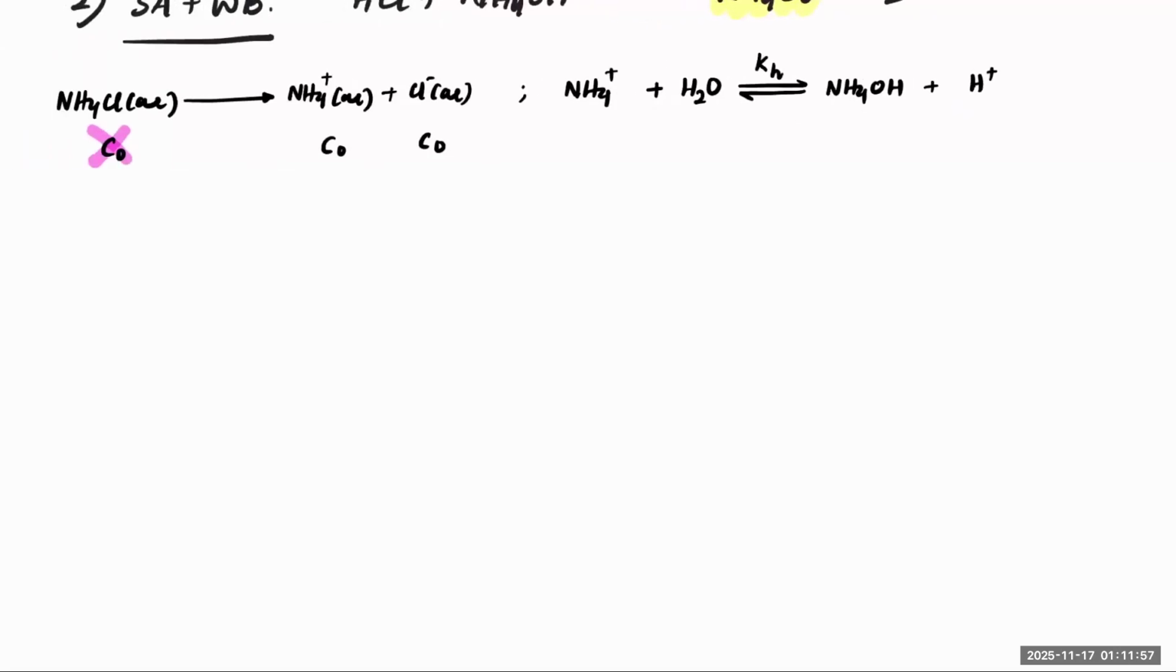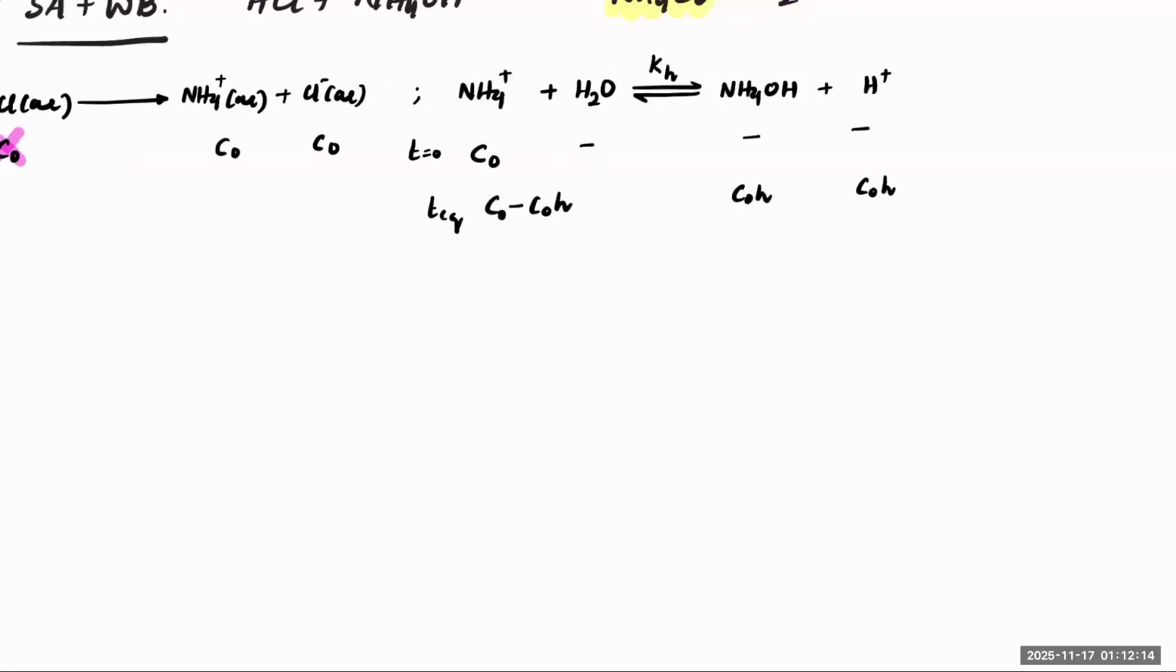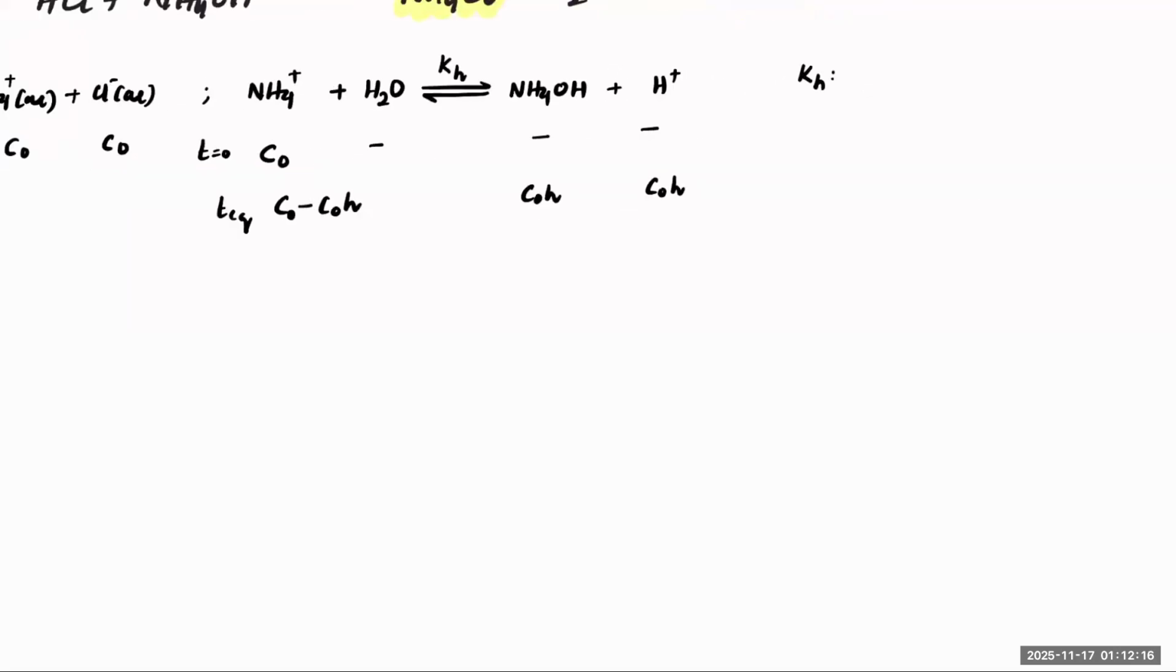Got it? So now you have the concentration initially as C naught. This was the initial concentration. As it reaches equilibrium, it will become C naught minus C naught h. What is h? I discussed that the other day. I'll write both the forms. Kh is the hydrolysis constant, while h is the degree of hydrolysis. Okay,